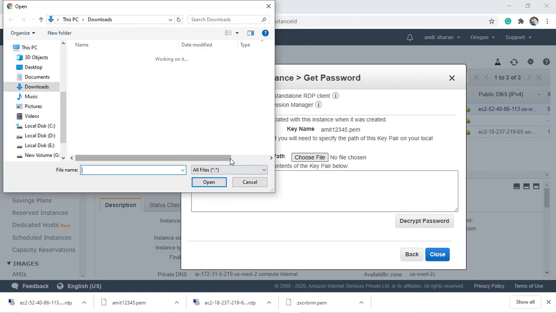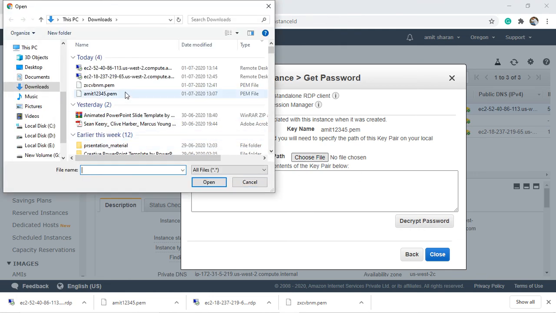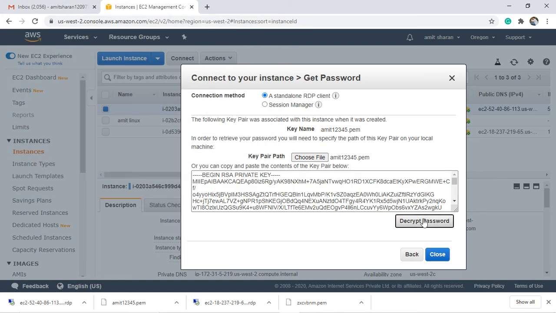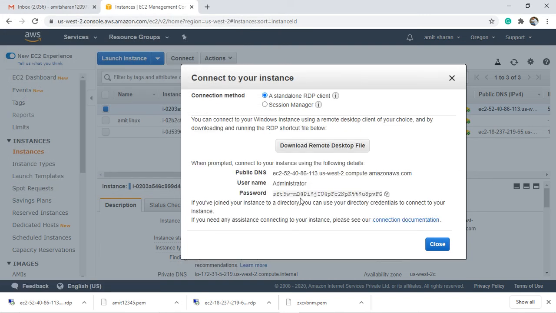This file is nothing but our PEM file, which we downloaded earlier. This is my PEM file. So I click on this, open, decrypt password. Now this is my password for my instance, for my virtual instance, for my virtual desktop, for my virtual computer.